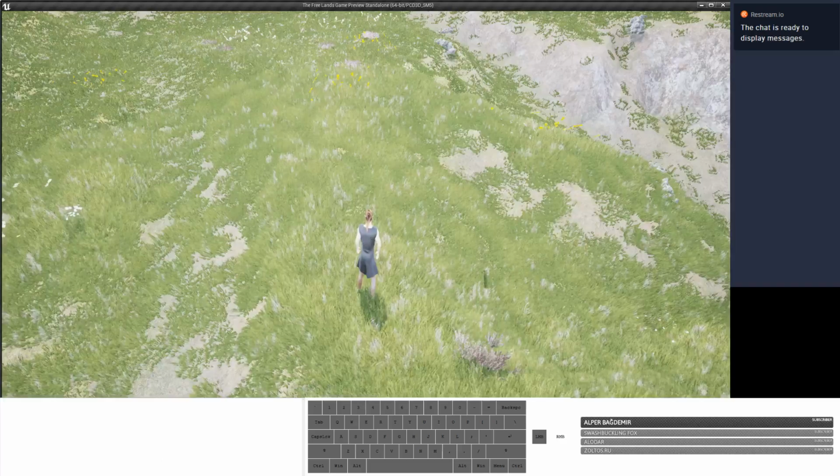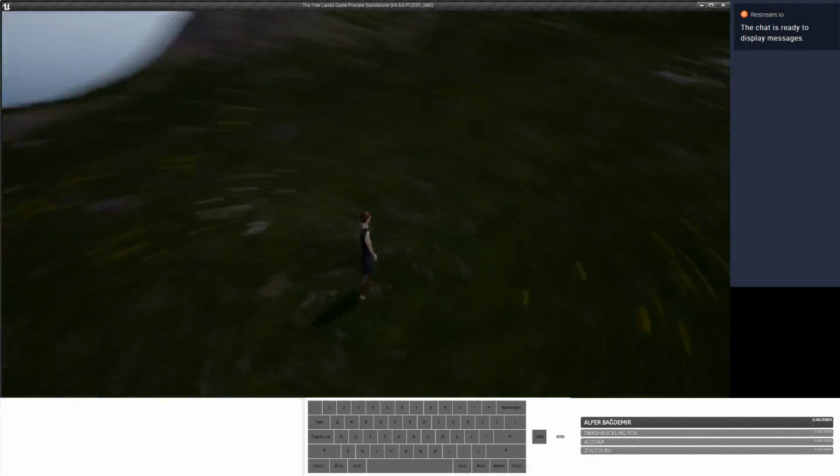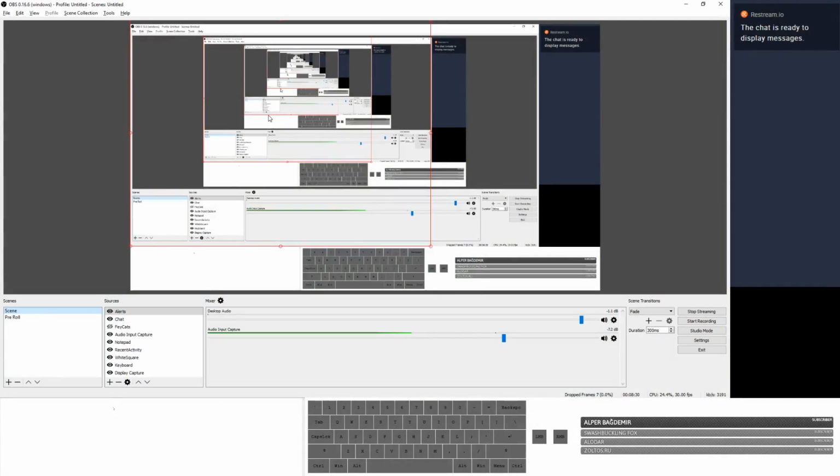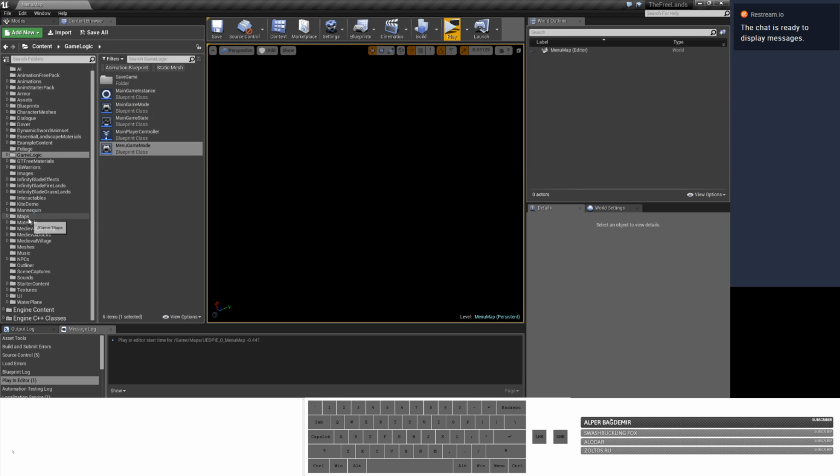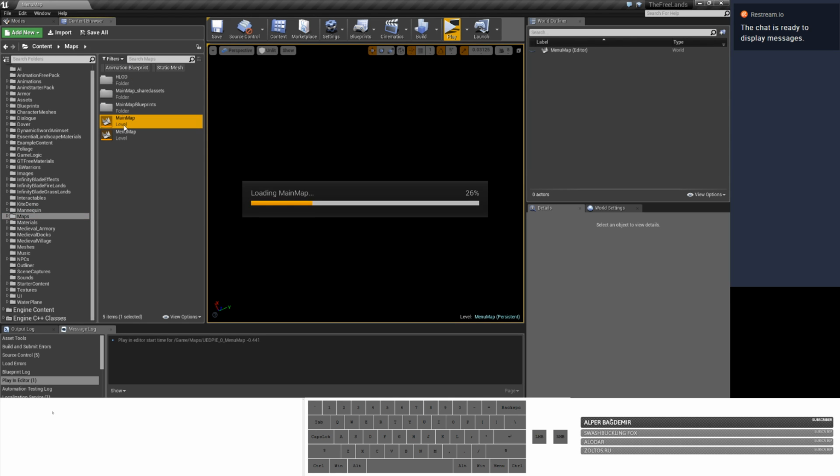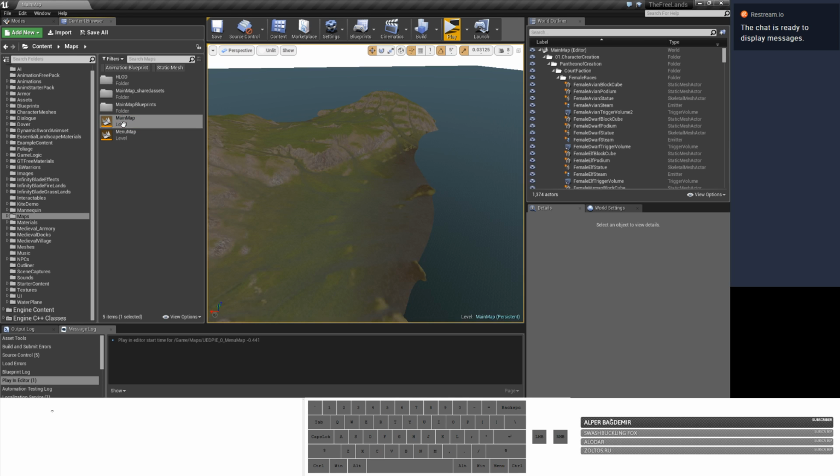Alright, so I want to work on the exposure here too. I think there's no shadows on this terrain right now. Let's check that out. I was thinking about that last night going to bed: my landscape didn't have any shadows on it. Make sure I don't spill coffee all over the place.